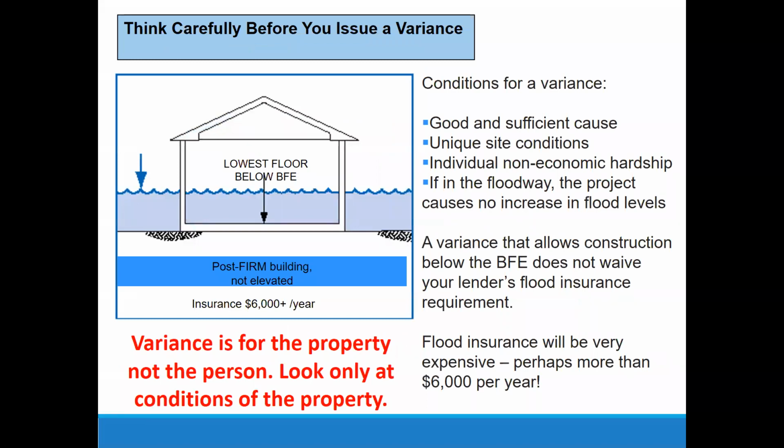Now, every once in a while, somebody asks for a variance. I've had towns that had tornadoes. People wanted to rebuild with basements, but their homes were substantially damaged and required to be brought into compliance. I've also had people that built houses without a permit. They built without a permit, and then they said, well, it's already built. You just have to give me a variance. No, that's not how permits work.